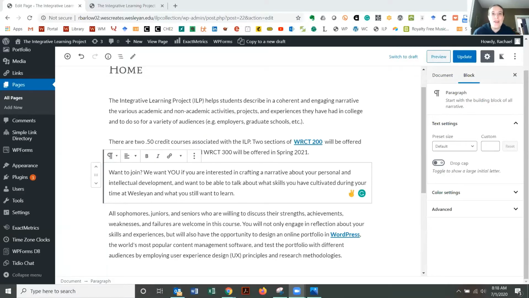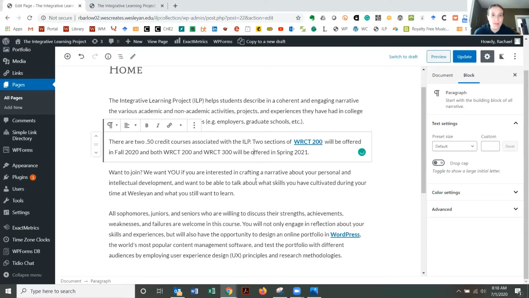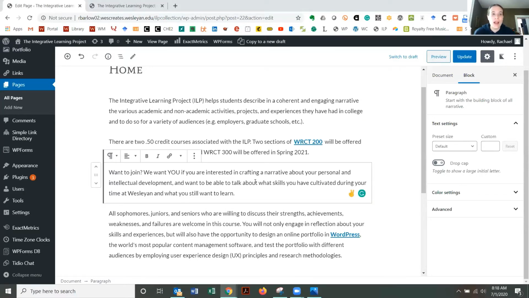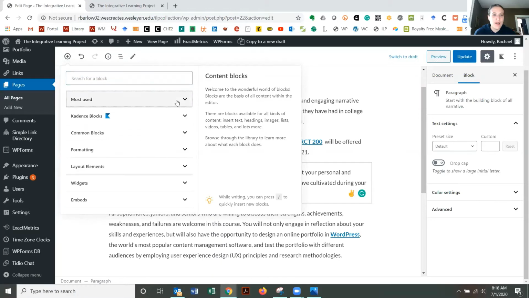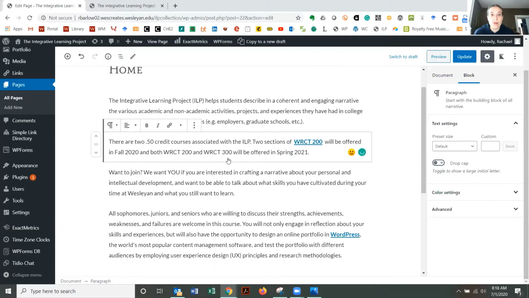Right now, I'm looking at the back end of WordPress, and you'll see I'm on a page where I already have a bunch of blocks. They happen to be text blocks. If I wanted to add a new block, there's two ways to do it. First, I go to the plus sign up here in the top left-hand corner of the screen. You'll see there's a bunch of blocks here, and they're organized into different buckets. Or I can click on a pre-existing block, for example, this block right here, and mouse over, and you'll see there's a little plus sign that allows me to add a block right after this particular block.